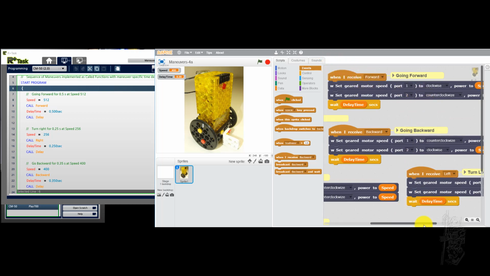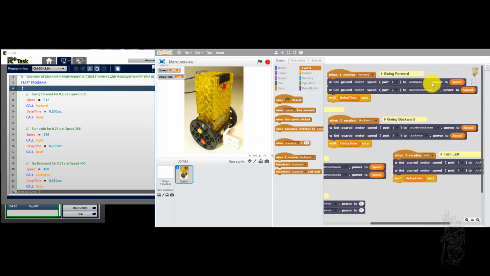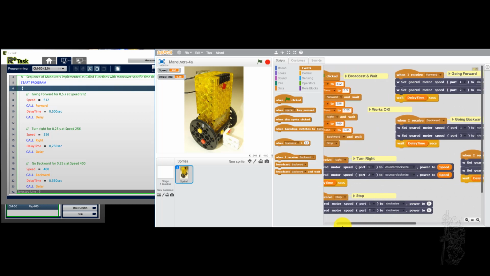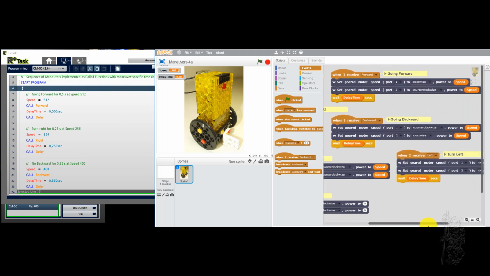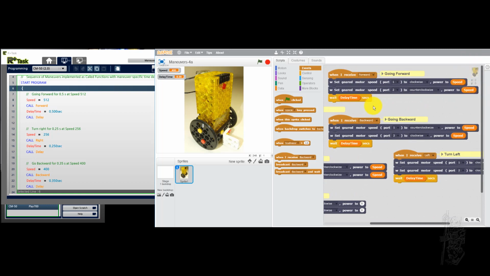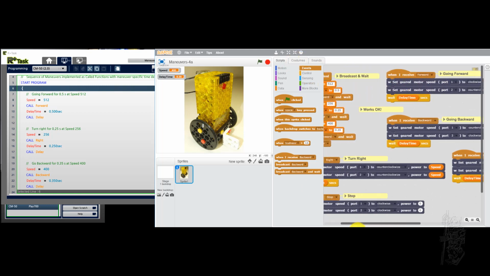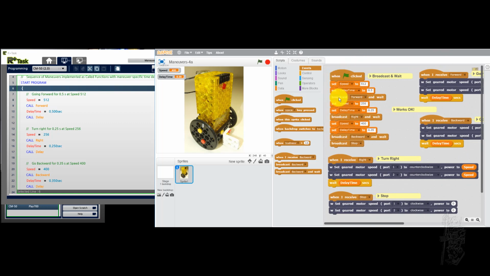It sets the motor clockwise to speed. And the speed, remember, was set to 512 right here, and the delay time to 0.5. So when it runs the forward subscript, speed is 512 and the delay time is 0.5 seconds. So you can see it just receives this, it does its job. And when it's done with its job, because this is a broadcast and wait, the program control flow will come back here. And then it goes 256 for speed,